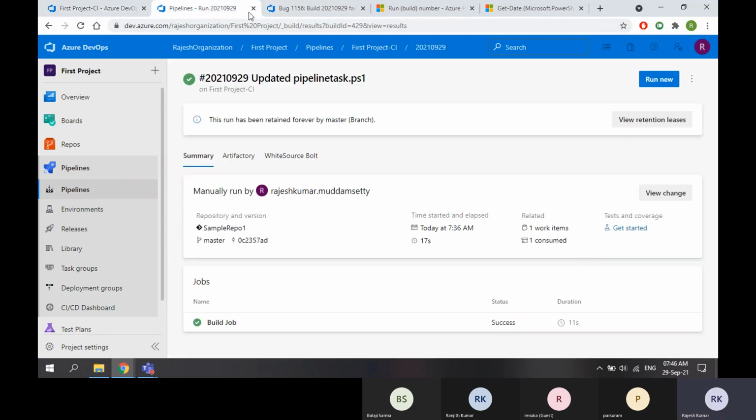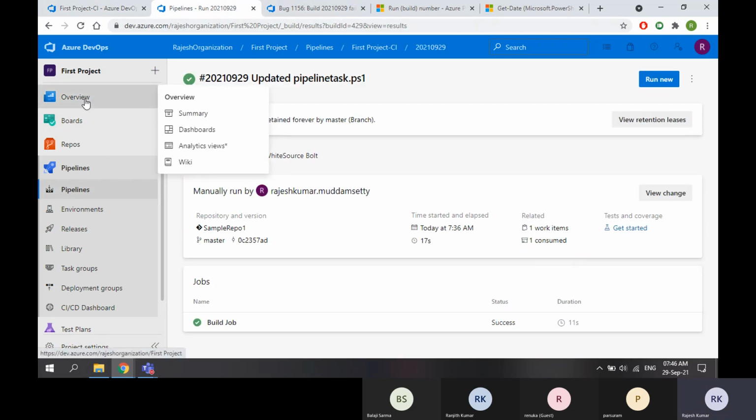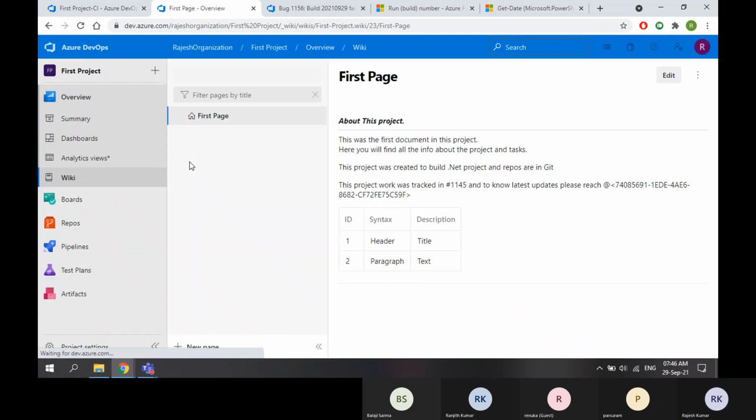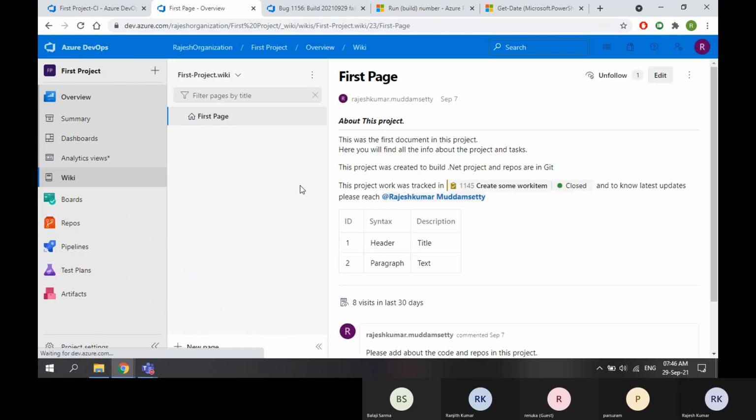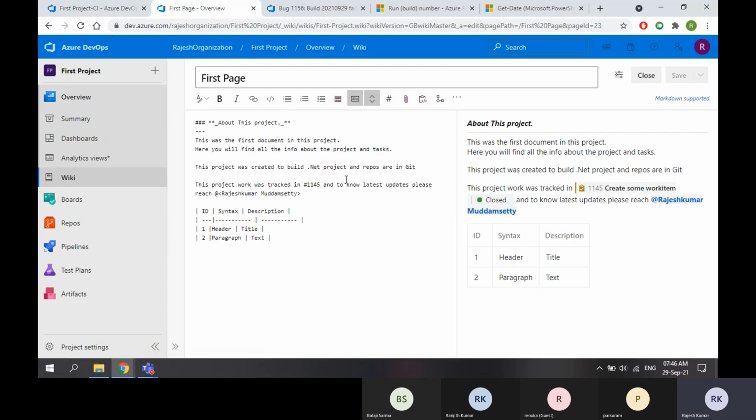Now I will go to the wiki. Okay, I will edit the same document. To know the latest status of the builds, check below.